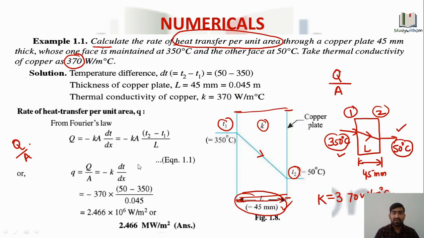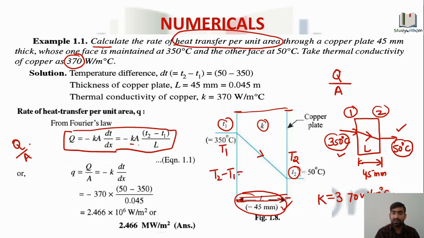Right? So here in the question we have been given all the values, and now we will apply the concept of heat transfer, that is Q equals minus K A dT upon dx, where dT means temperature T2 minus temperature T1. This temperature is T2 and this one is T1. So T2 minus T1 will be dT here. Temperature T2 is given, temperature T1 is given, and length is also given.